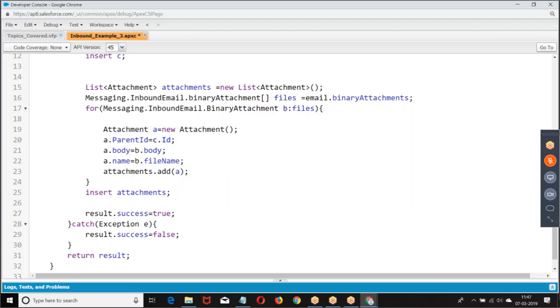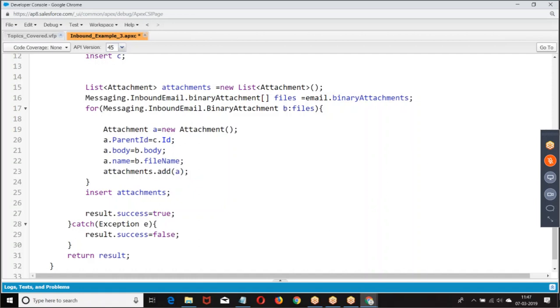Now the attachment should be added to which record? That's why attachment.parentId equals the case we created. Attachment body equals file body. Attachment name equals file name. Then add them to the list. Insert attachments.